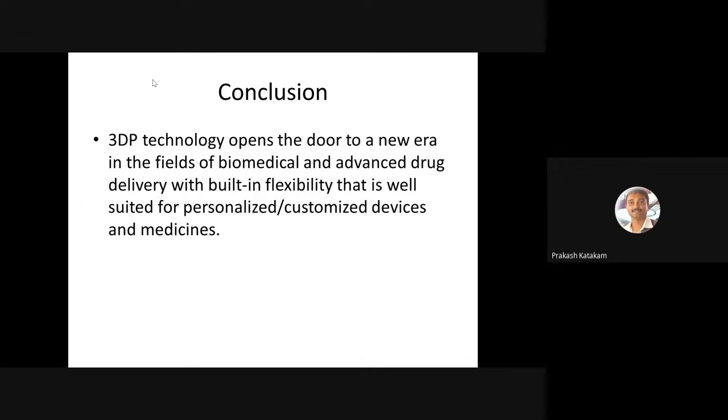So far, it is one of the technologies under Industrial Revolution 4.0. More focus will be on personalized medication or customization of medical devices and drugs. This is the core area of future research for 3D printing technology for biomedical, medical, as well as pharmaceutical fields.